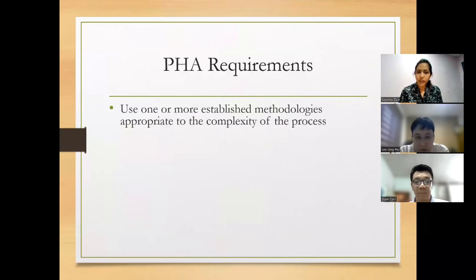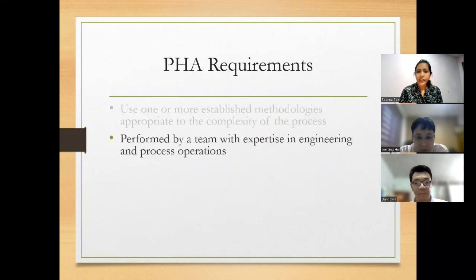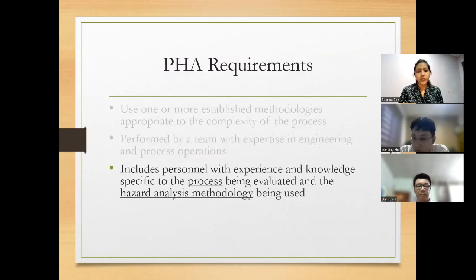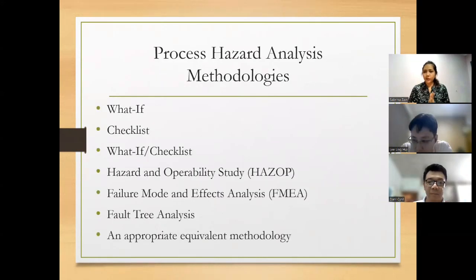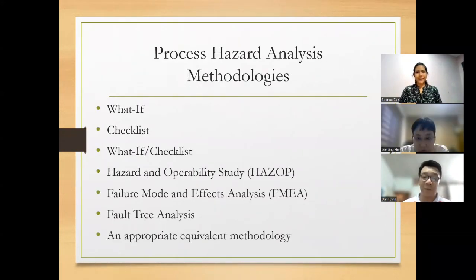Requirements for PHA is to use one or more established methodologies appropriate to the complexity of the process. And it has to be performed with a team of expertise in engineering and process operation. This includes personnel with experience and knowledge specific to the process being evaluated and hazard analysis methodology being used. Go to Mr. Daryl. So, process hazard analysis methodology used is a what-if, checklist, combination of both, HAZOP, failure mode